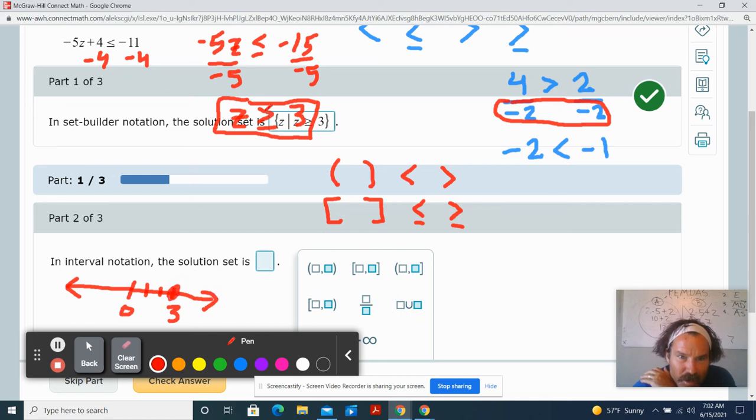Then all the numbers that are greater than or equal to 3 are over here, so I'm going to shade this area. All these numbers are greater than 3 too, so it actually goes all the way up the number line. I'm doing a horrible job of shading, but all this area here is contained in our solution set. So it goes all the way to infinity. The way we build the solution set in interval notation